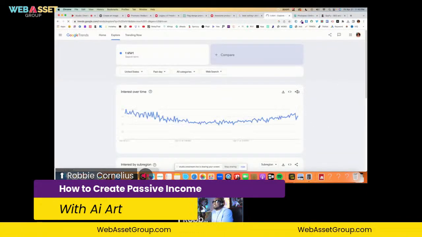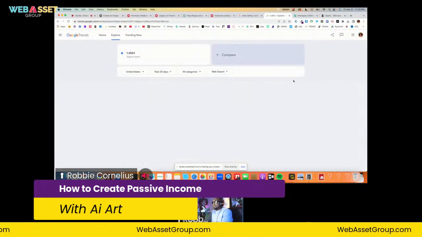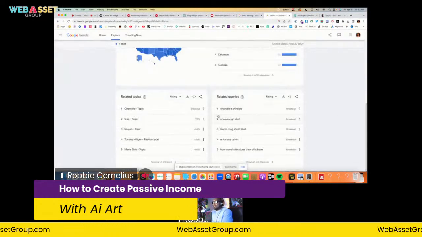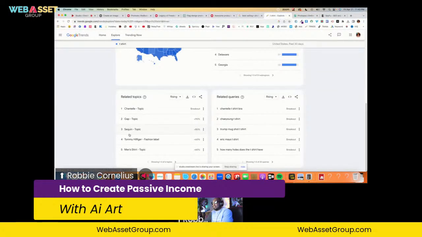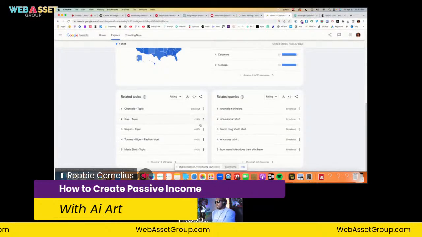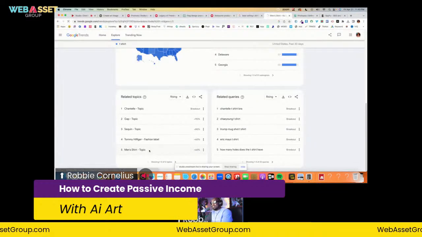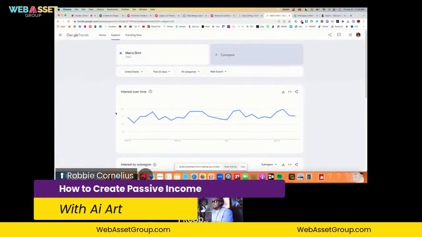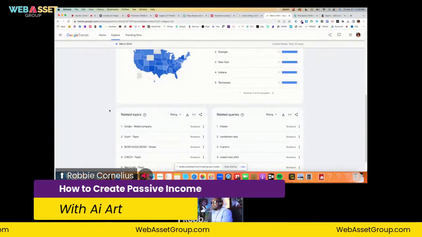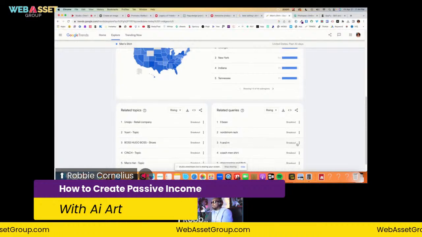It might take a little time for these numbers to come up. There we go. This is the last 24 hours, but I want to see what's been searched for in the last 30 days. So now, Chantel t-shirt bra. I don't know what that is. Tommy Hilfiger men's shirt. How many holes does a t-shirt have? What kind of search is that? I really believe a vast majority of the population are robots, because some of the stuff people are searching for, I'm like, who searches for that? And there's a ton of people all searching for it at once. It's crazy.